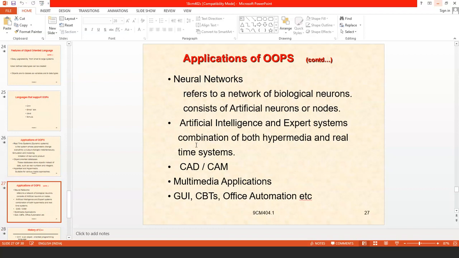Artificial intelligence is a combination of both hypermedia and real-time systems. Also used in CAD/CAM, computer aided design and computer aided manufacture. And of course in multimedia applications we use OOPS concepts, and GUI and CBTs, office automation, etc.